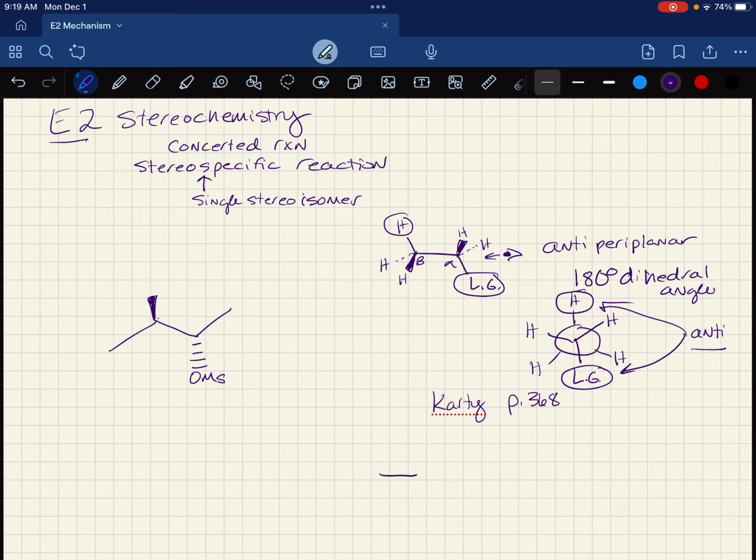So what we have here is that with the leaving group, there's going to be the lowest unoccupied molecular orbital. So this is going to be the LUMO, or the first sigma star orbital for the carbon with the leaving group, the alpha carbon. And then the HOMO, the highest occupied molecular orbital,